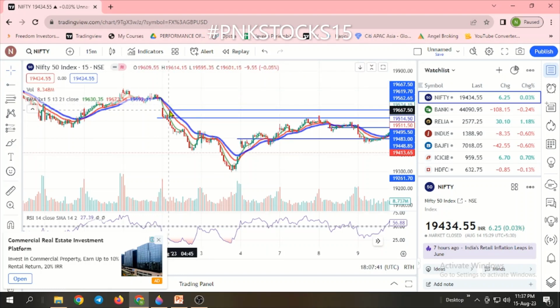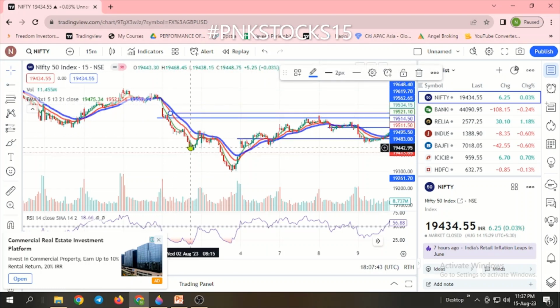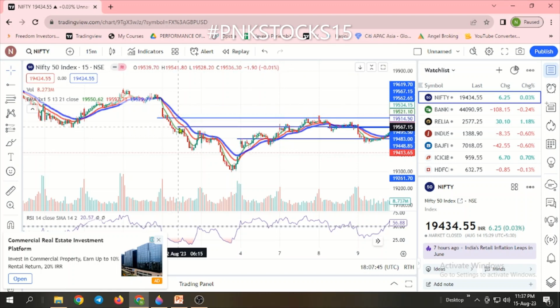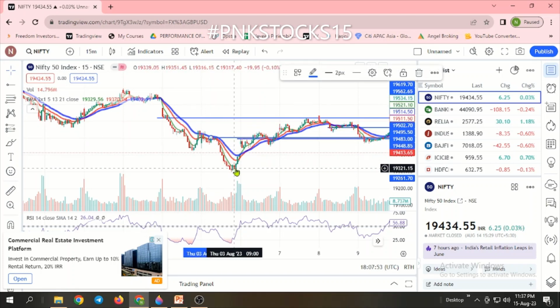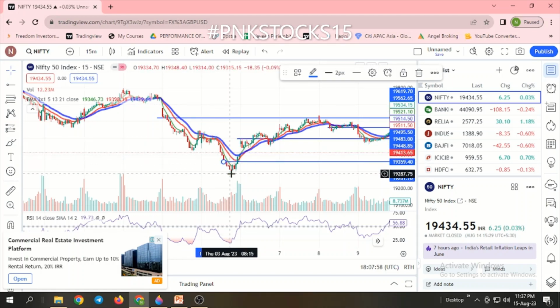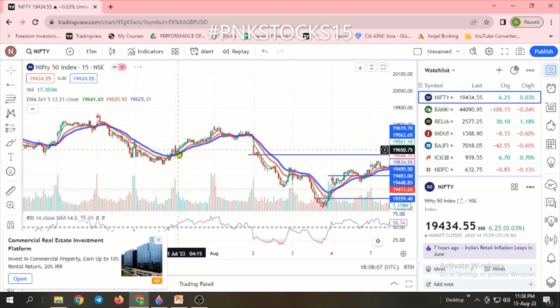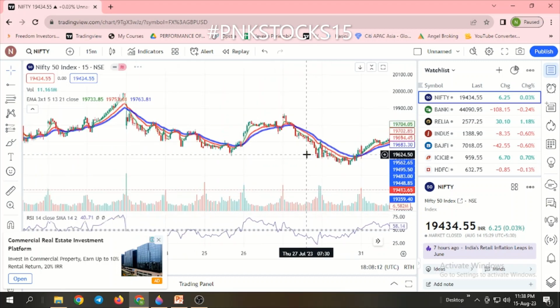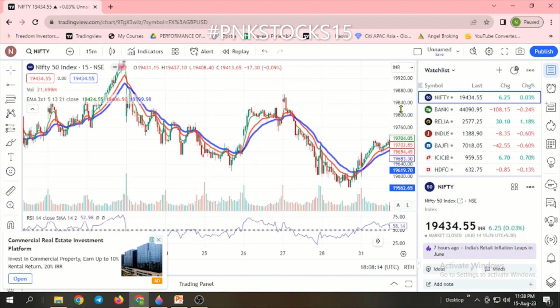Your SL immediately comes back to here after you see this peak. Then here it almost came back, but again you got a big move. Again here, again up to here. You might have trailed up to here. When price hit here, you would have exited. You got this kind of a profit. 15,500 to 15,350, 150 points. Again good entry. Again good entry. This is a good trade. You should hold the trade,